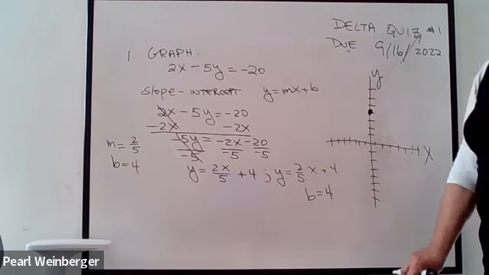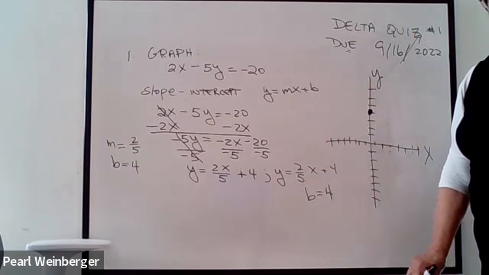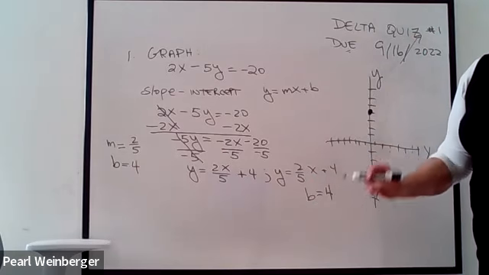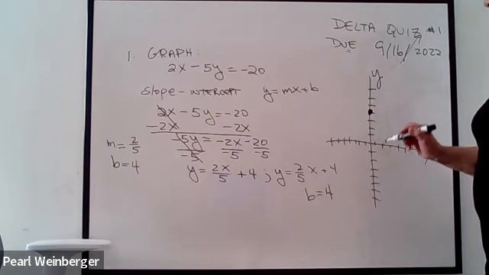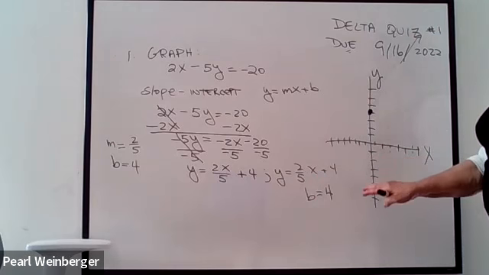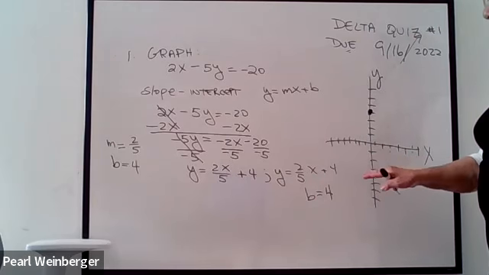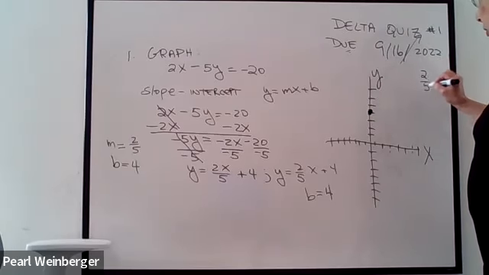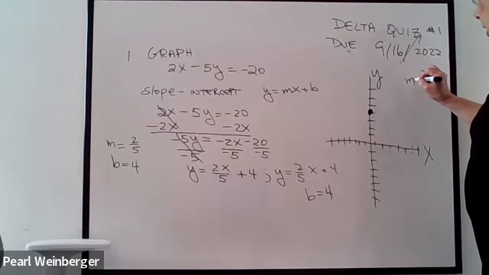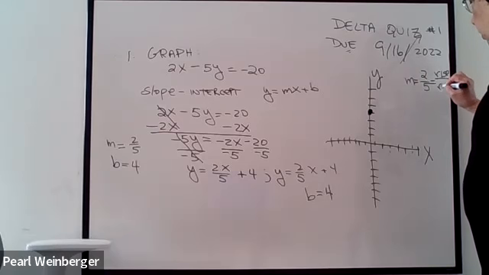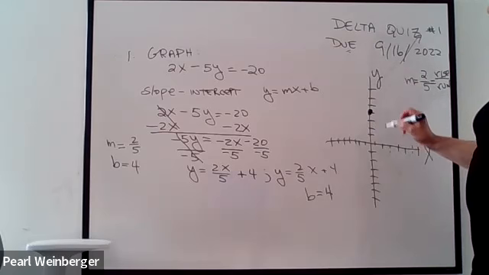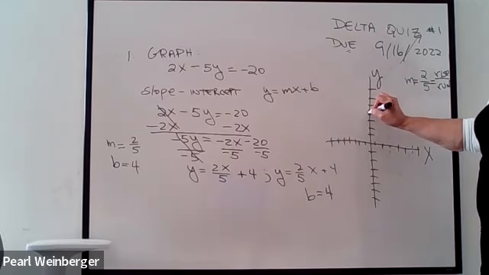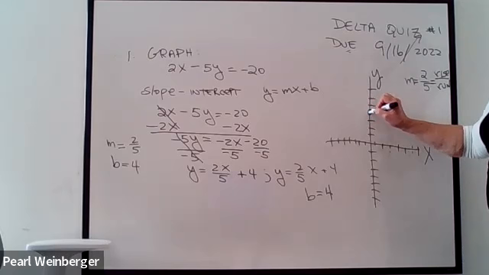And it gives me my first point that I'm graphing on this line. I must start at the y-intercept. I then, to find other points, use my slope. My slope is 2 over 5. And the meaning of slope is rise over run, which means from any point on the line, and in this case, we only know one of them,